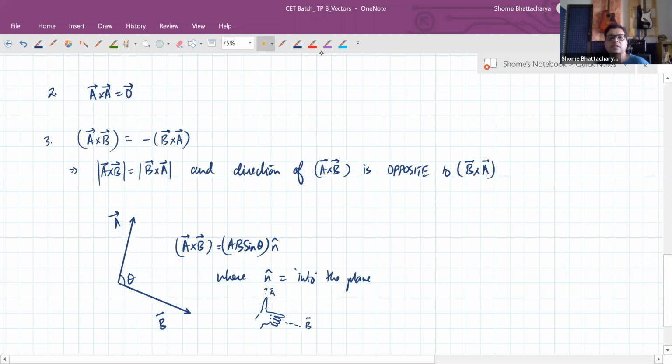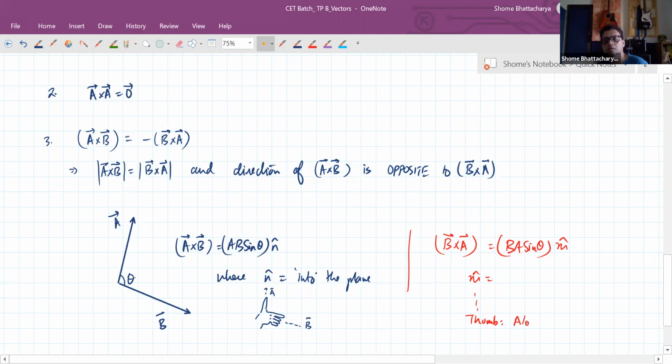Okay. But at the same time, if you notice, what about B cross A? B cross A में magnitude will be BA sine theta, which is the same, but the unit vector will be something else. Let's say that is M cap. Now M cap will be in which sort of direction? Now you're doing B cross A, na? So for that you have to put your thumb along B and your fingers have to be along A. So it will become coming out. This one will become coming out of the plane, because this time for the same two vectors